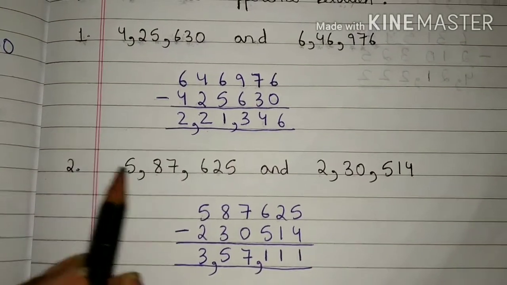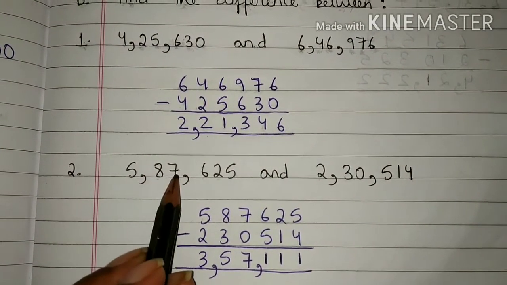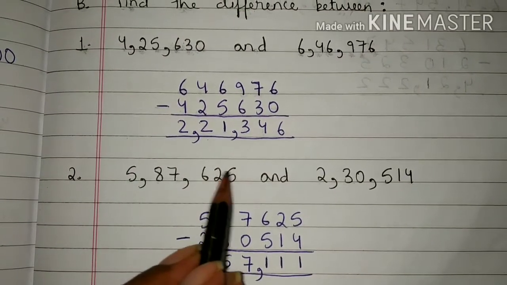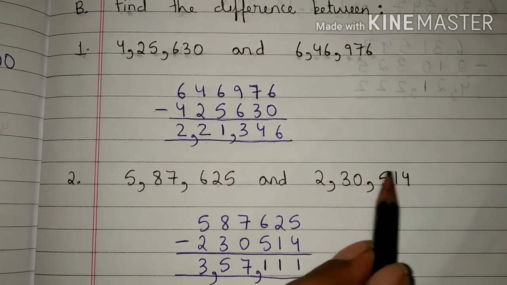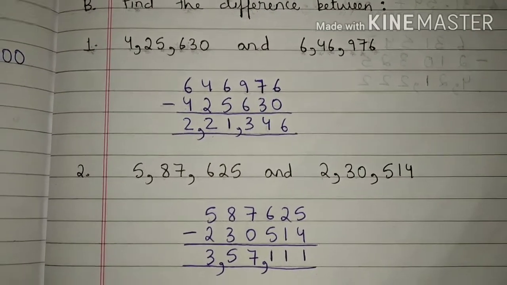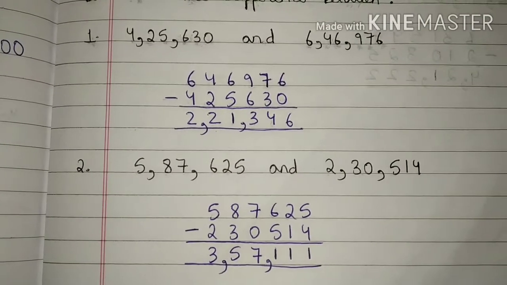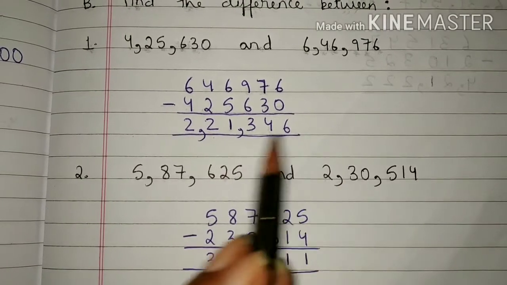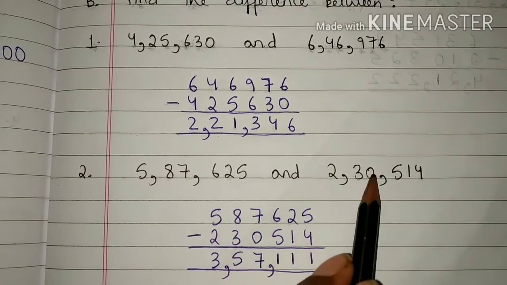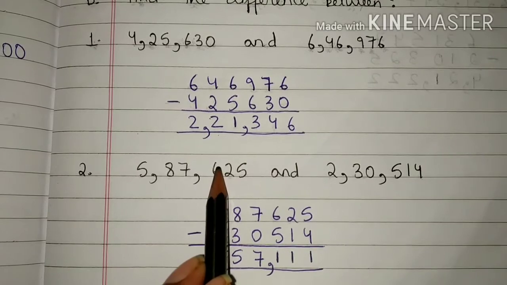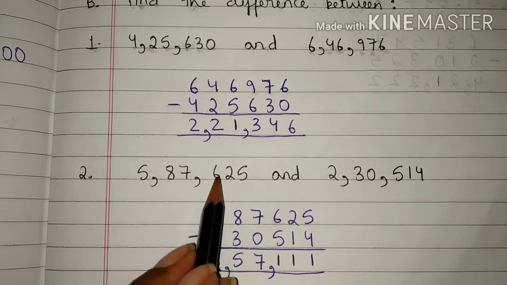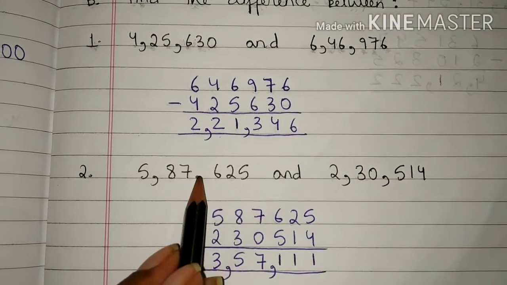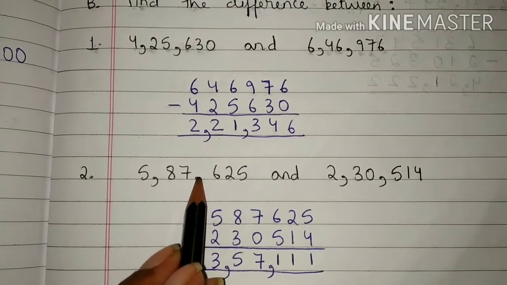Second question. 5,87,625 and 2,30,514. Students, in order to find the difference between these two numbers, we will subtract the smaller number from the greater number. Students, 5,87,625 is the greater number. So we will write